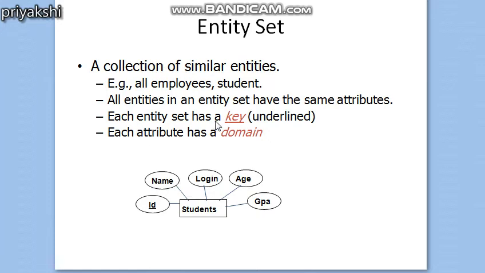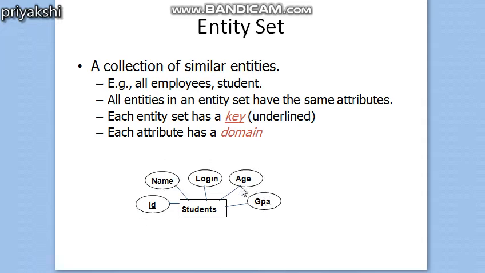Each entity set has a key. Every student in the student entity type will be uniquely identified by their roll number, so it is a key. Each attribute has a domain. For example, ID will have a domain of integer, name will have a domain of characters, login will be alphanumeric, age can be a floating point number, and CGPA can be a number with decimal values allowed.